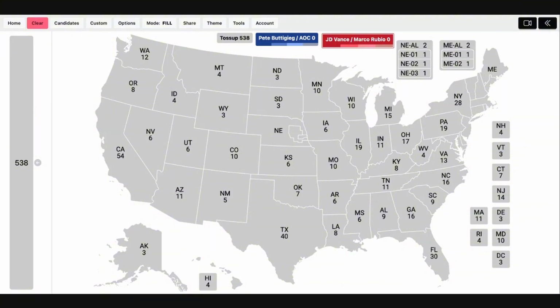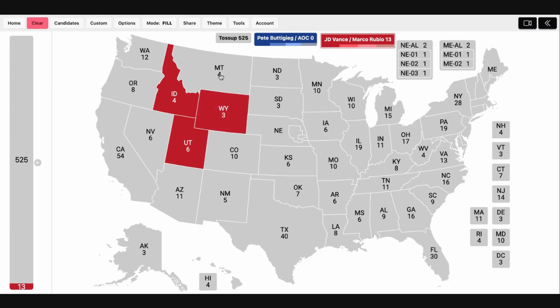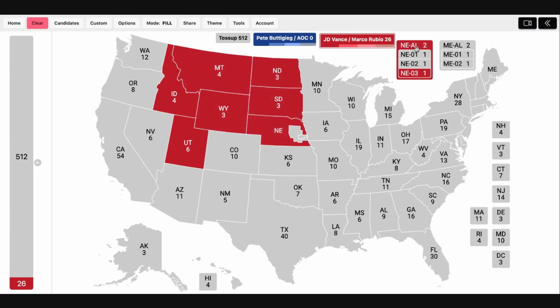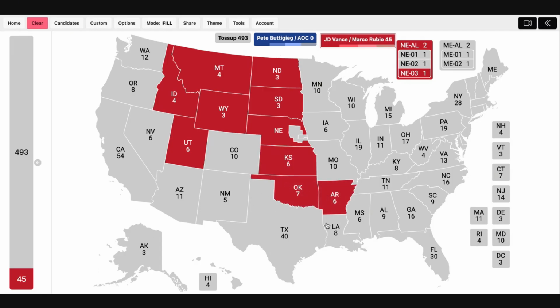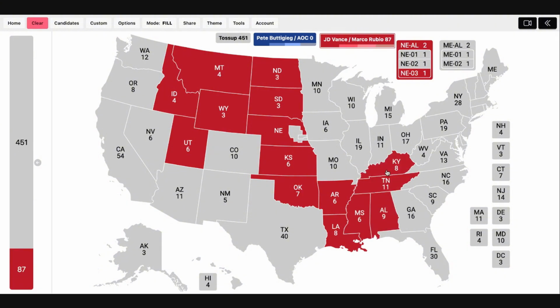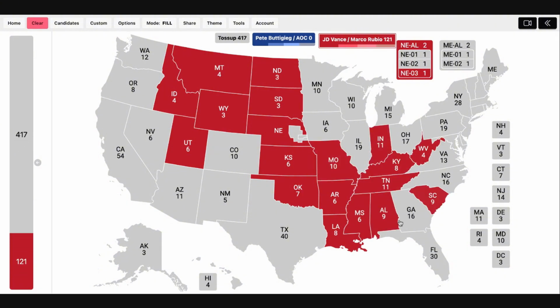And so today we're looking at what I believe the J.D. Vance versus Pete Buttigieg election will look like on the electoral map. So one of the most obvious things as of right now: Utah, Idaho, Wyoming, Montana, the Dakotas, all of Nebraska as of right now is in that column, not including the first congressional district. So the congressional district is actually not in the safe column, the first or the second one. Kansas, Oklahoma, Arkansas, Louisiana, Mississippi, Alabama, Tennessee, Kentucky, Missouri, Indiana, West Virginia, and South Carolina are all in the safe